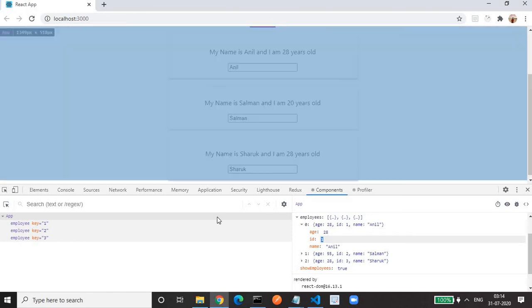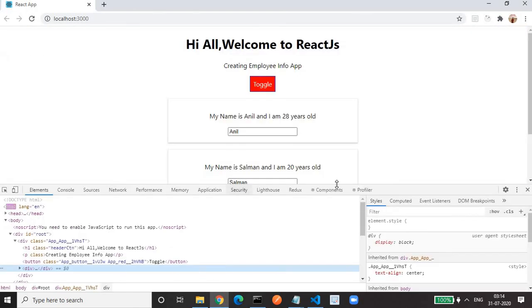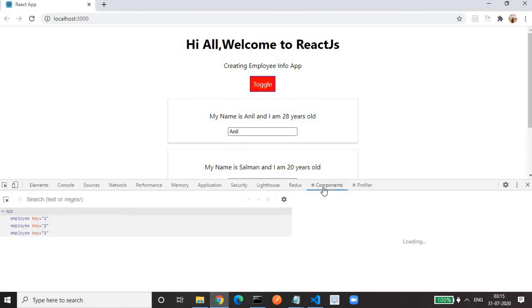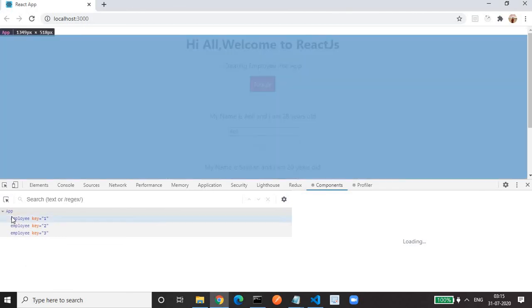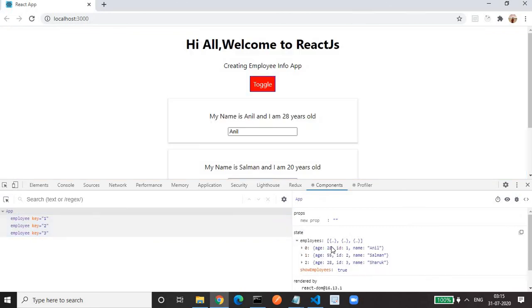Okay, so let me again inspect element. Maybe it gets rectified. Once you install the DevTools, you have to go to the component section. Okay, that I forgot to answer. In the component section, we can see the state and props. It is still loading. I'm trying to change, it's not allowing me to change. So you can change it. Okay, so no issues. You can try it out in your browser. Maybe it's the browser issue.